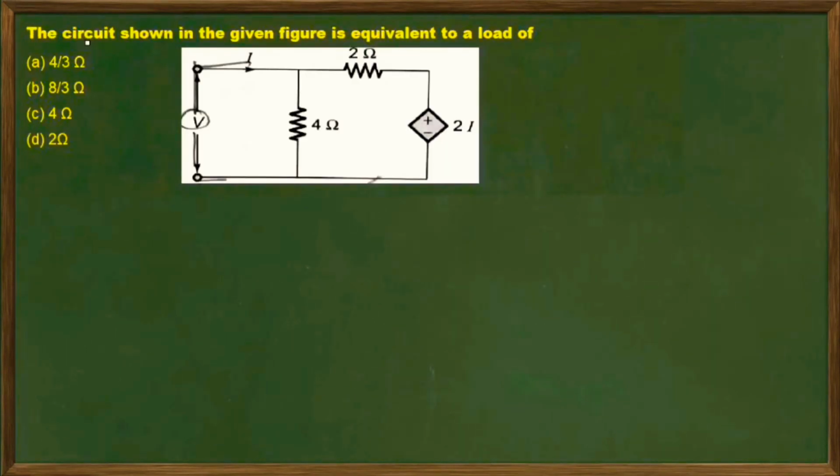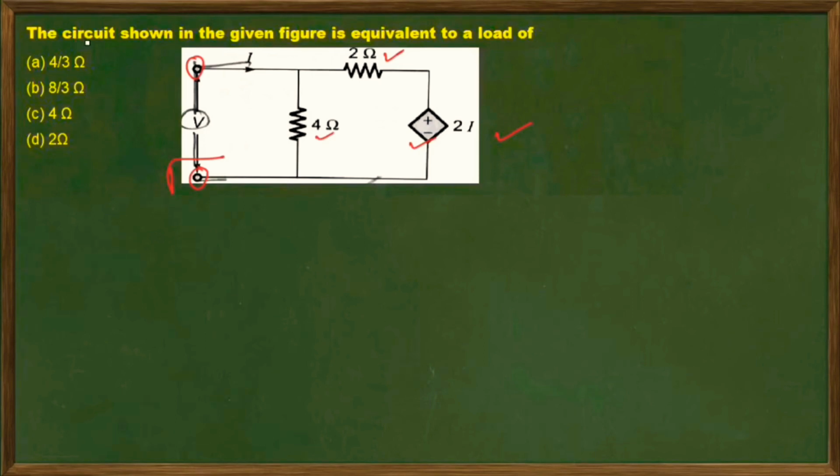In this question we have been given a network where there is a current dependent voltage source and two resistances, 2 ohm and 4 ohm. Now here we need to find the equivalent resistance between these 2 points. As I said in the last class, when the network consists of only dependent sources, then we have to put an external voltage source to excite this network. Why? Because as we all know, the dependent source can't supply any current independently. So we have to make some external arrangement to excite this network to operate.